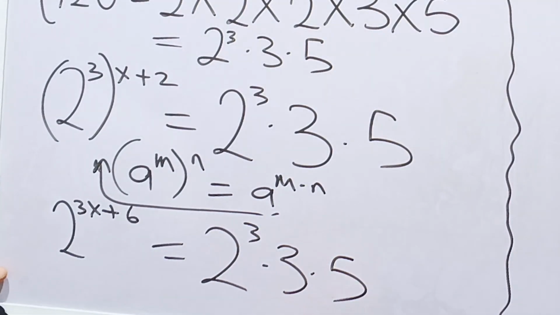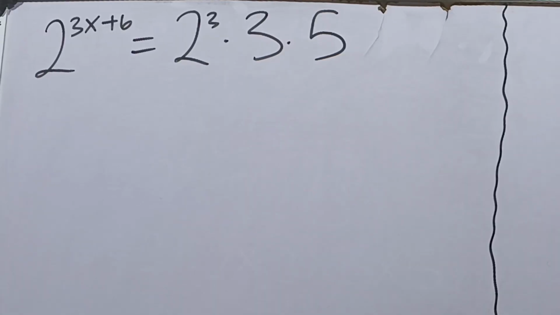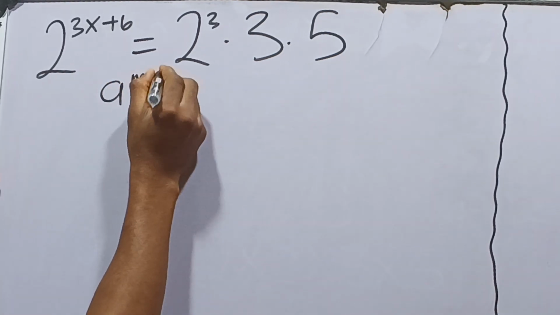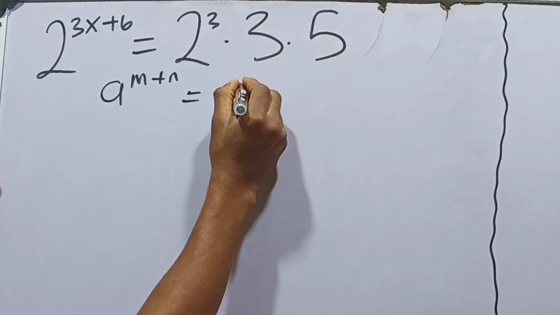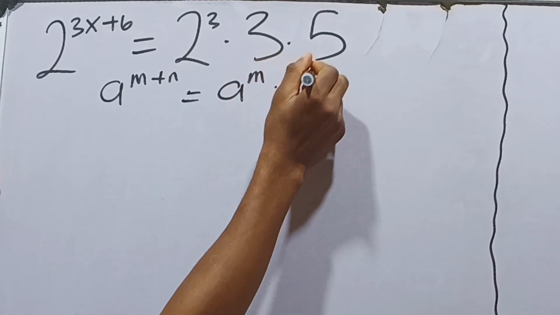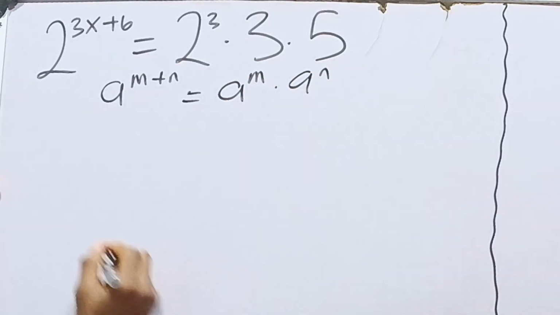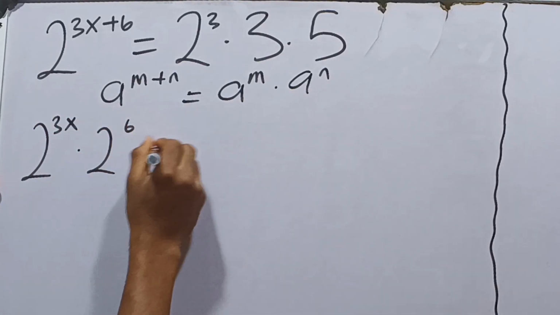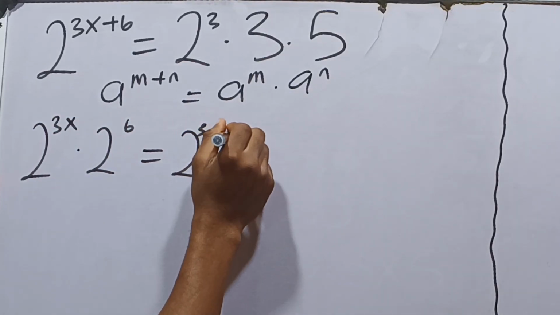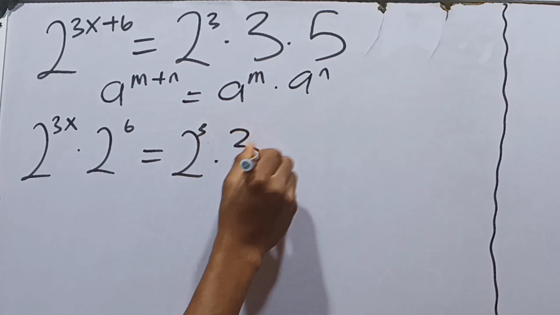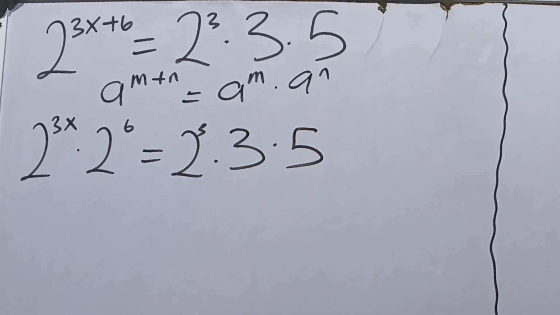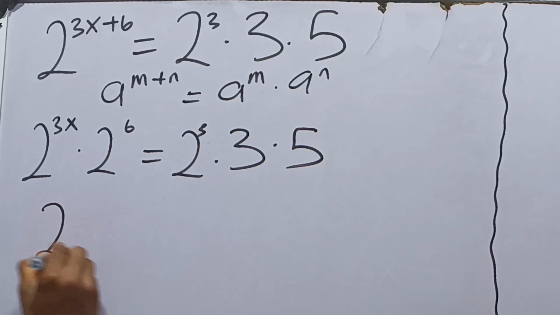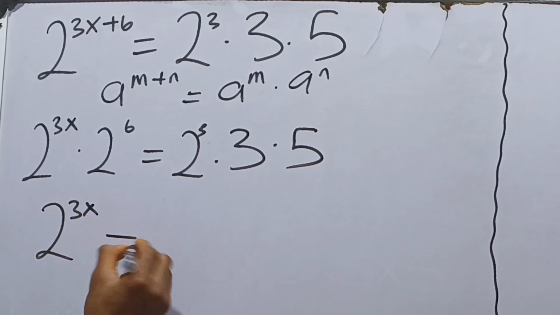Alright, now moving on from here, we're going to have that when you have a to the power of m plus n, it's equal to a to the power of m multiplied by a to the power of n. Okay, so this becomes 2 to the power of 3x multiplied by 2 to the power of 6 to be equal to 2 to the power of 3 multiplied by 3 multiplied by 5. Now, looking at this closely, we can divide both sides by 2 to the power of 6. Okay, so this becomes 2 to the power of 3x to be equal to